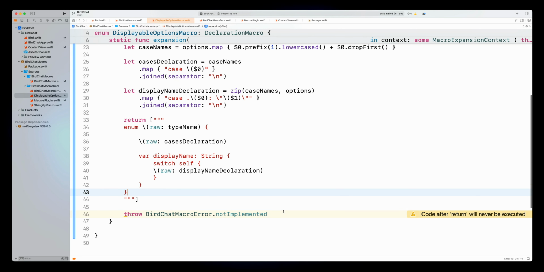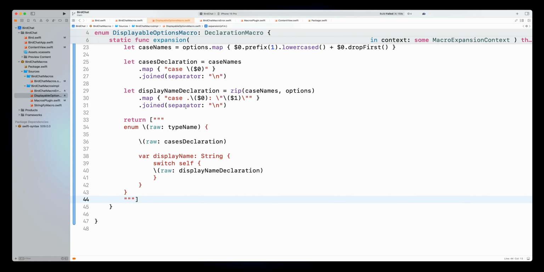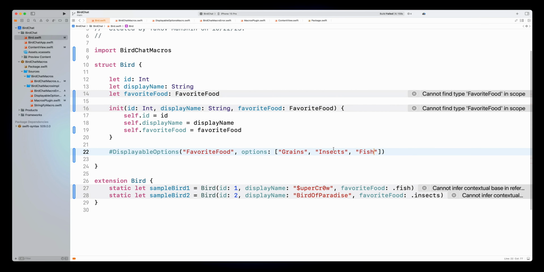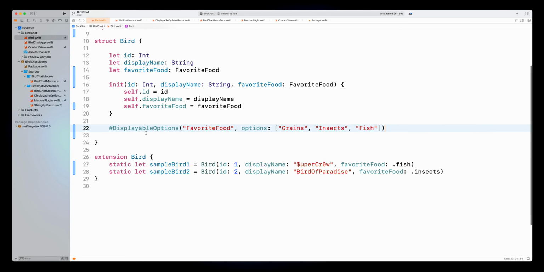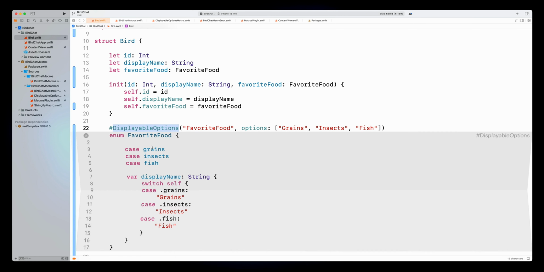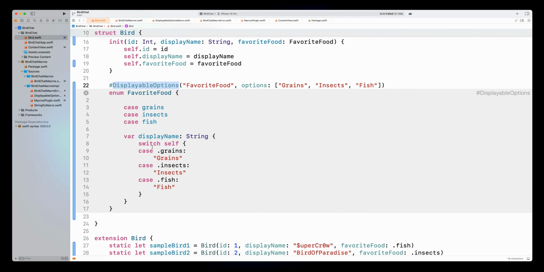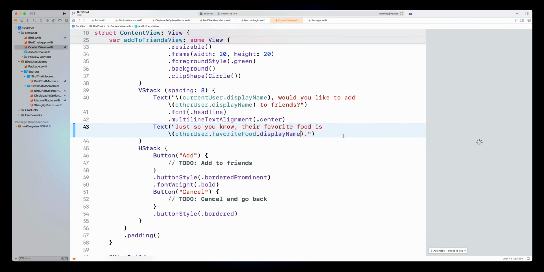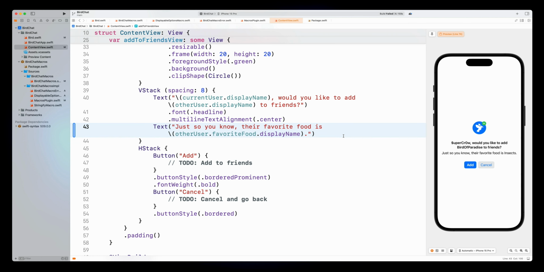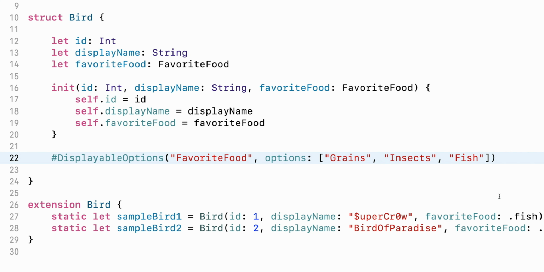I'm back to my actual macro code, and as you can see, it's exactly what I just described. I no longer need to throw the error, and at this point the macro is pretty much finished. Let's see it in action. I'll go to the model file and use the easiest way of debugging macros. I right-click the call and select Expand Macro. This command shows me the code generated behind the scenes. It looks correct to me, so I guess I can test the result in the actual app. The view updates and shows exactly what I wanted. So, from now on, if I need to define an enum which is then shown to the user, I can do it in just one line. That is the power of Swift macros, and it's just the beginning.